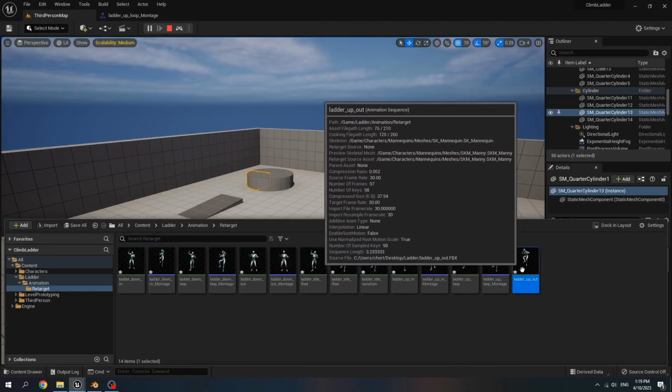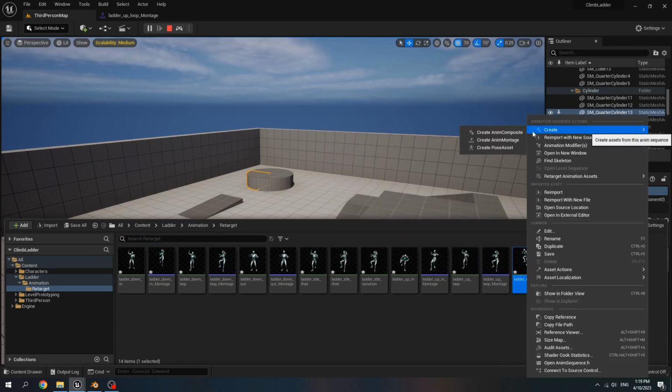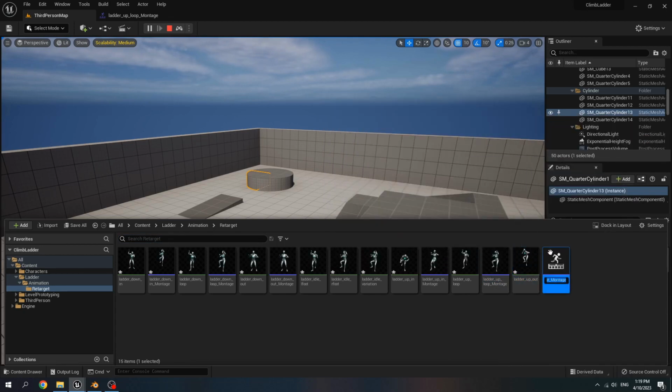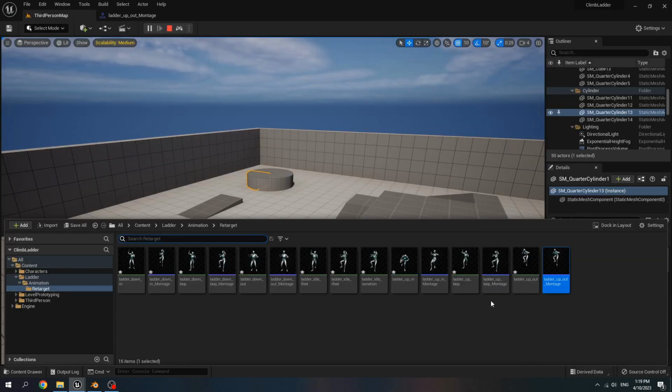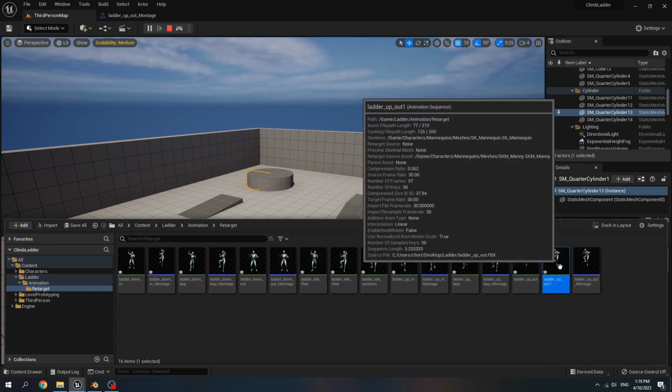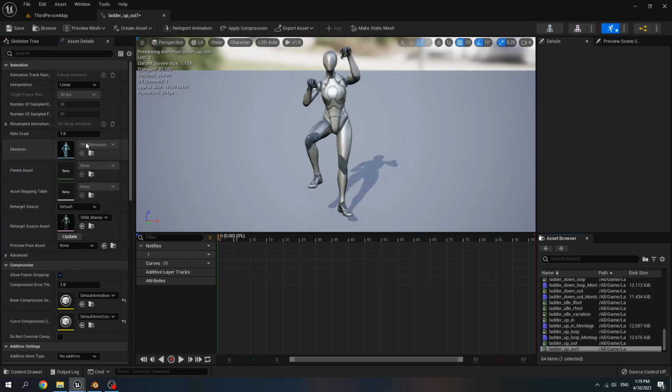For ladder up out animation, right click, create any montage. Open this any montage. Add a notify near the end of this animation. For the notify, right click, add notify, montage notify. For the up out animation, duplicate it, press Ctrl D. Open this new animation.